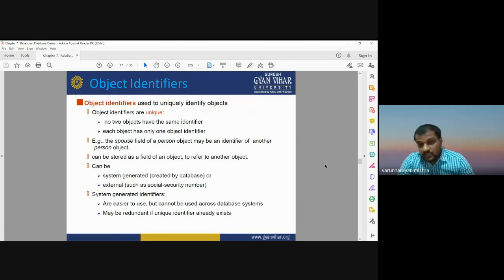That may be the name of that object, the primary key of that object, any unique ID, any sequence number, any serial number that is unique to that object, that is known as an object identifier. Each and every object should have at least one object identifier, and no two objects should have the same identifier. Like when we talk about primary keys, no two objects should have the same primary key.